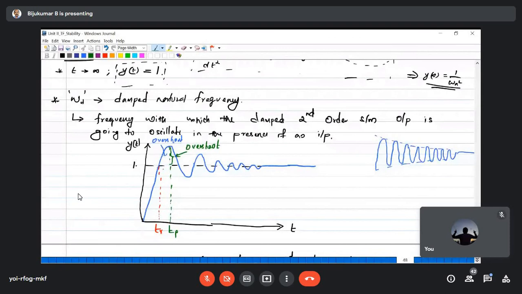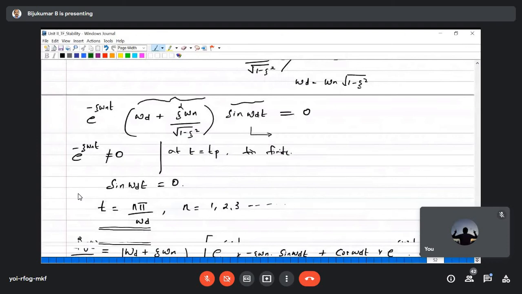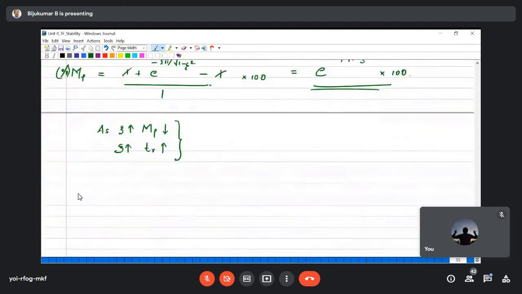So as a control engineer, we have to reduce the overshoot and reduce the rise time. But if you see this, both are in opposite directions, right? If you increase zeta, you are able to reduce the overshoot, but you cannot increase it too much because it is affecting the rise time also. So there should be a trade-off between this Tr and